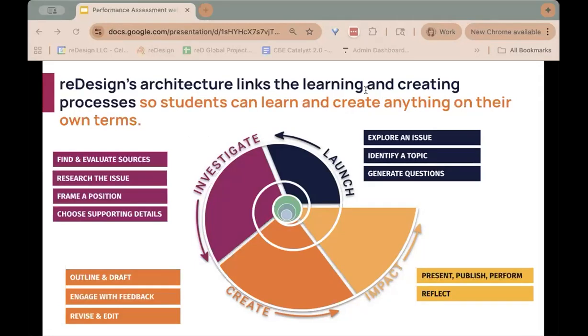This structure cycles repeatedly across projects, making that learning and doing visible and usable. And it builds schema, or a mental framework, for students to carry out their work until they internalize it and it becomes a habit. So here you can see each thinking block moves students closer to the end product or to creating the final task and making an impact.